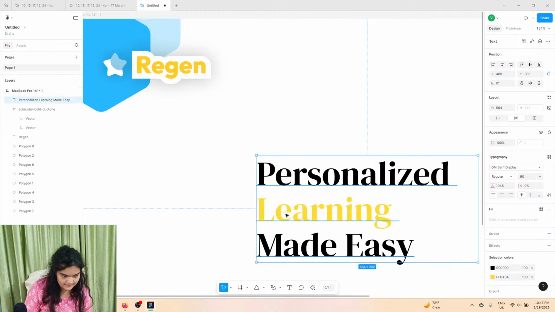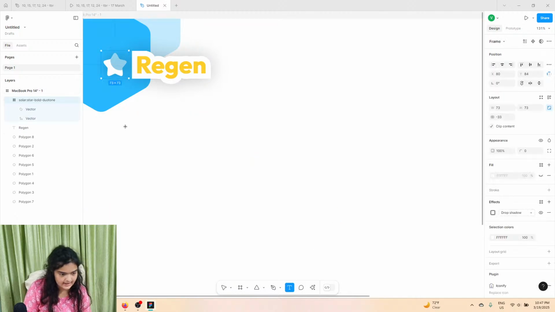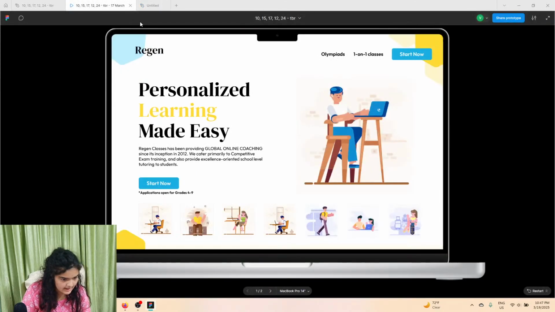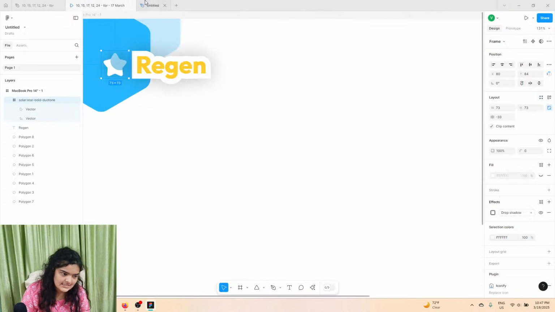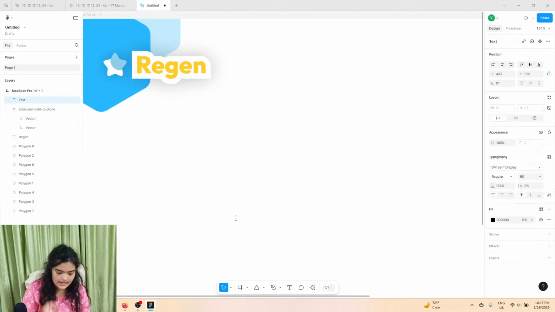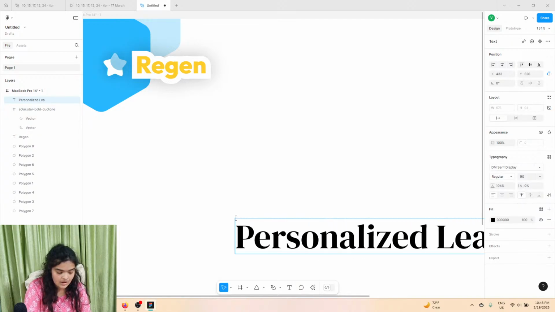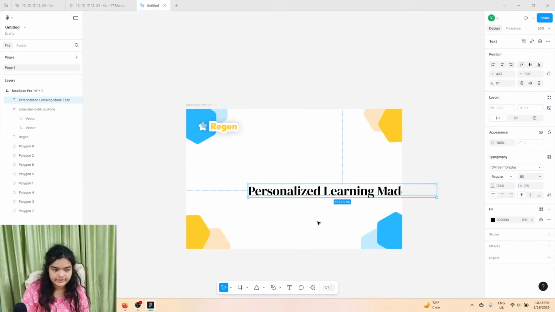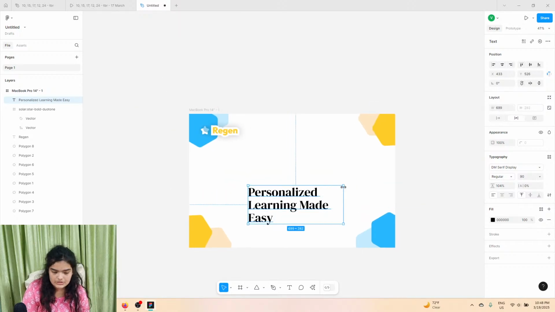So with that said, let's add a text box and make it say personalized learning made easy. We're just using the font DM Serif Display. Personalized learning made easy. And I feel like I want to do two very different fonts in an e-learning UI, because